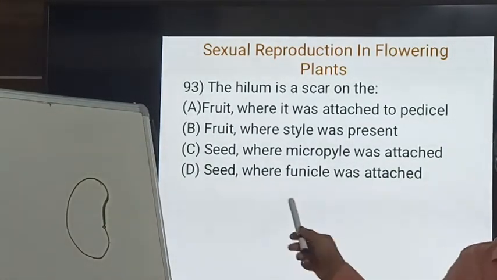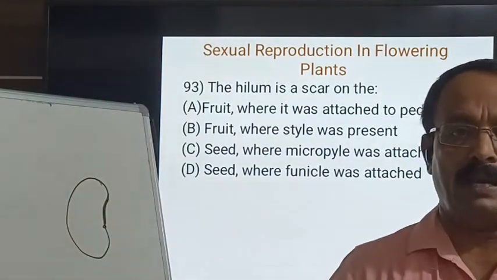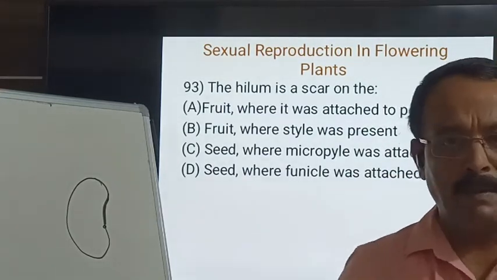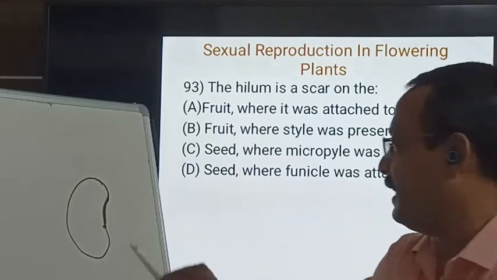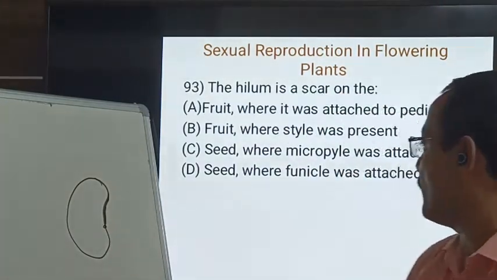So it's option D. The funicle or the stalk of the ovule is attached to the body of the ovule, and that region is called hilum. After seed formation, hilum appears like a scar. So it's a point of attachment of funicle. So fourth